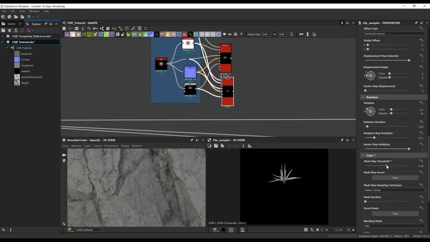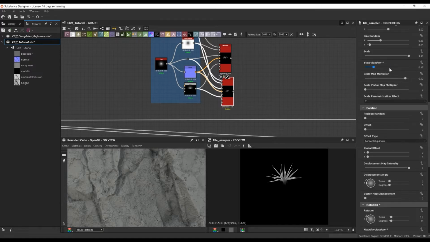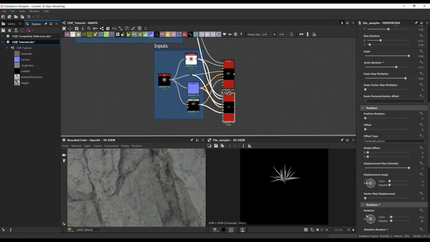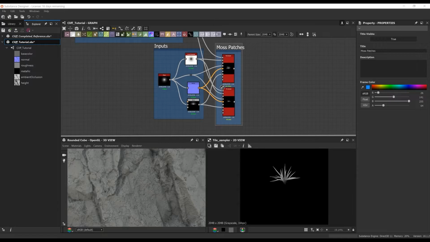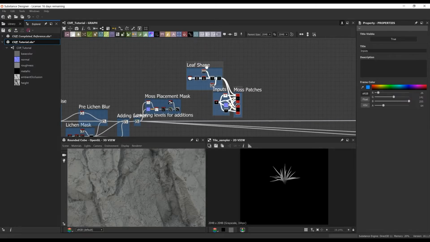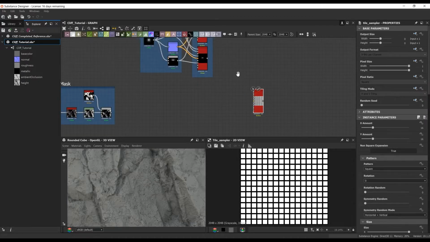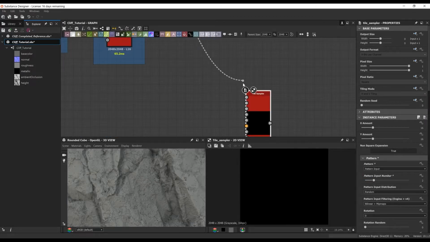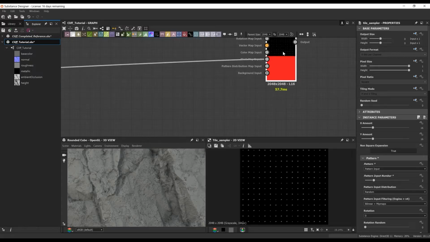And once I have a clump that I like, I basically take that tile sampler and duplicate it and then start messing with some of the parameters again just to get some sort of different variation, because I want to have 2 different clumps of the moss to break up the repetition of the actual moss shape. So instead of having 1 moss clump, we have 2, and that gives us a little bit more variety on the moss.